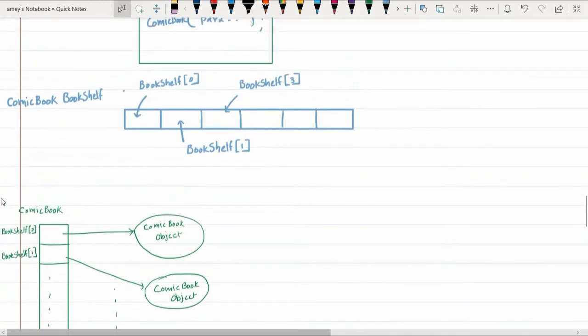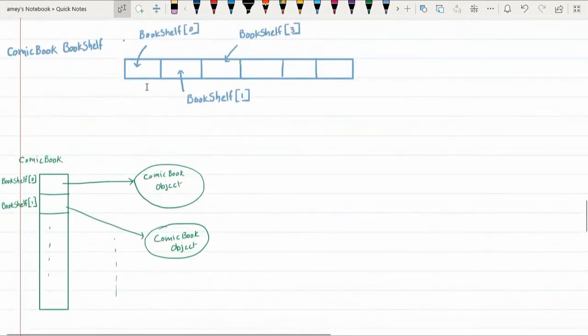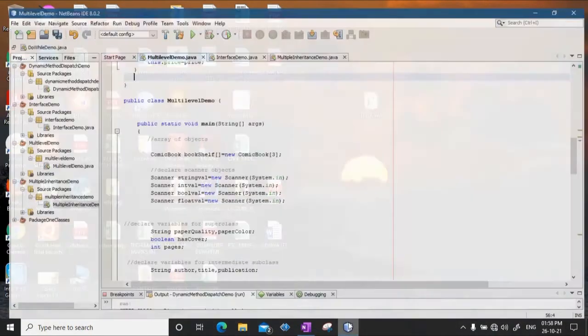So this is basically an array of objects implementation. I just wanted to show you how an array of objects can be done. This way bookshelf represents different objects of type comic book, and they are assigned in a proper sequence.